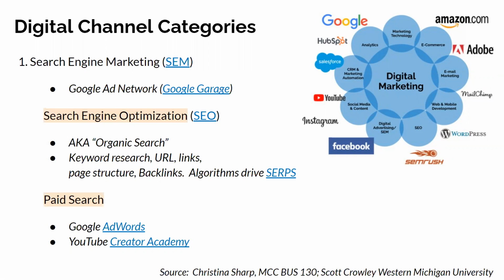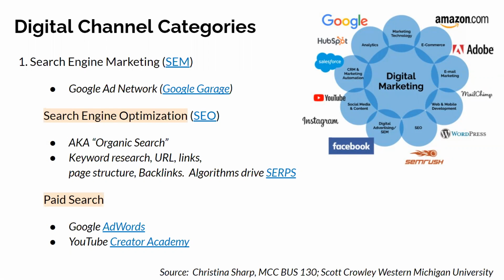So that's tweaking your website, and that is organic search, because when you land on that first page and you're not a paid advertiser up top, that's an organic search and that's free. But you can also just throw money at it as a marketer and do paid search, right? So a paid search, so you come up on that first page using Google AdWords, YouTube, Creator Academy, all these different things.